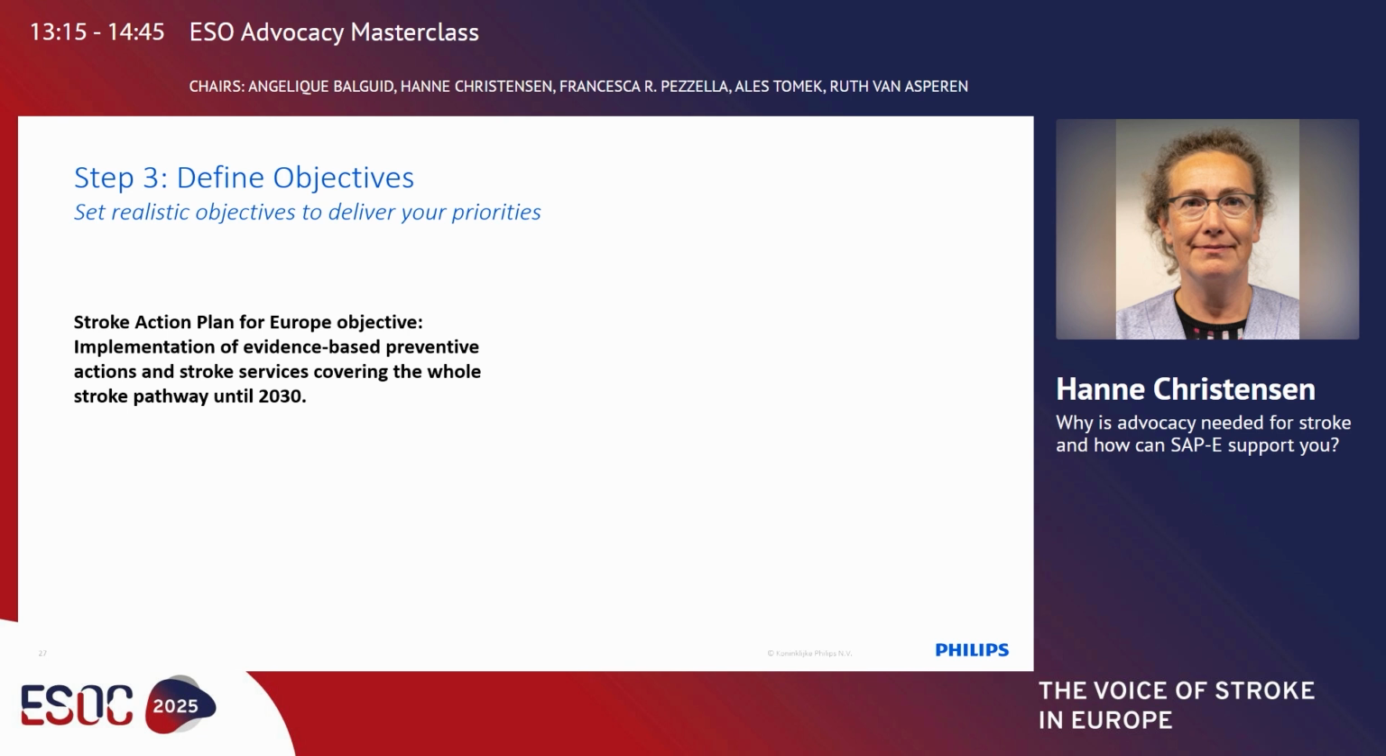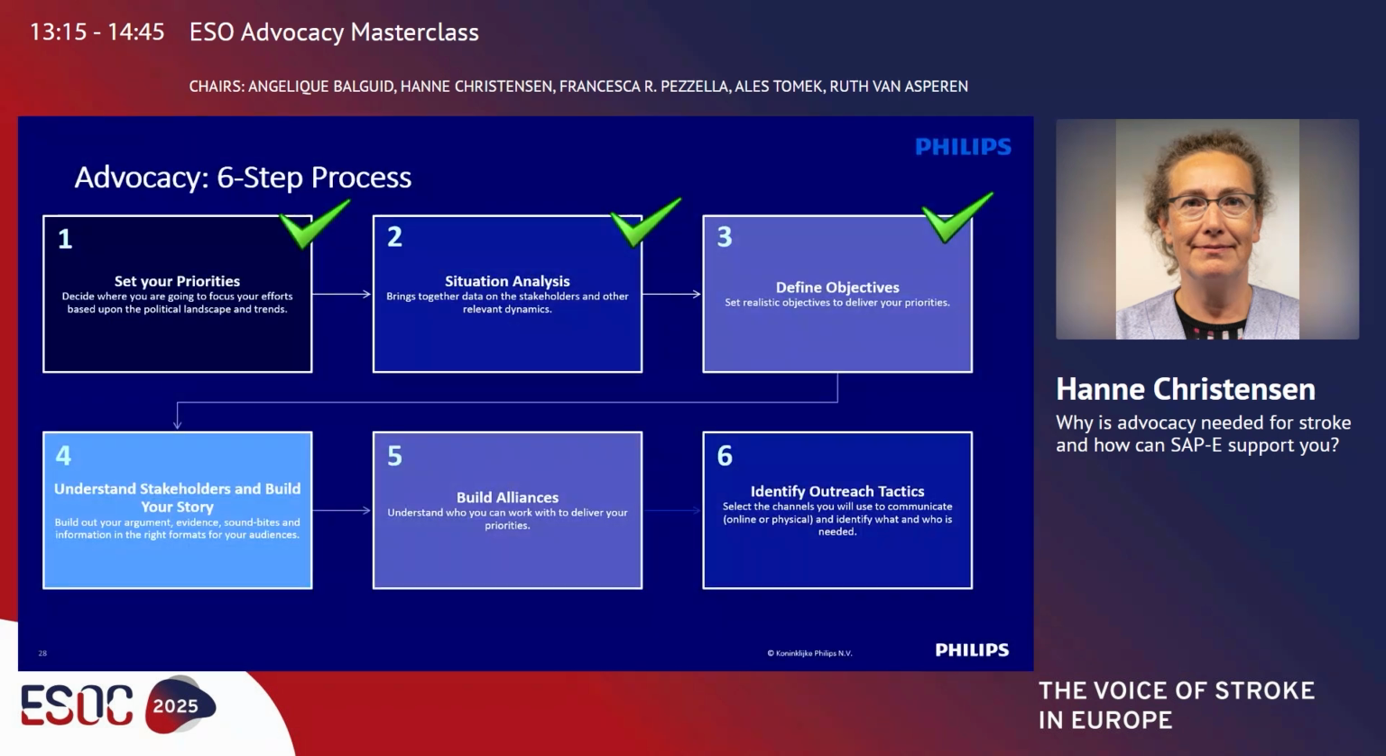Yeah, and then maybe to close off with the third step, so we don't have a question for this one, but the third step of the process is to define your objectives. And the stroke action plan already has a clear objective, which is the implementation of evidence-based preventive actions and stroke services covering the whole stroke pathway until 2030. So we will not dive into detail, but this is the third step of the process, which if we get